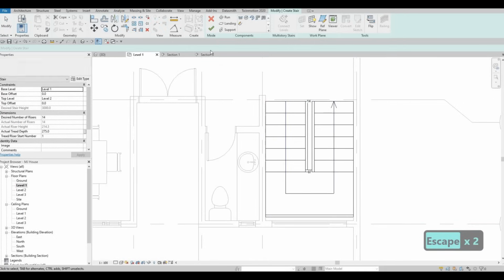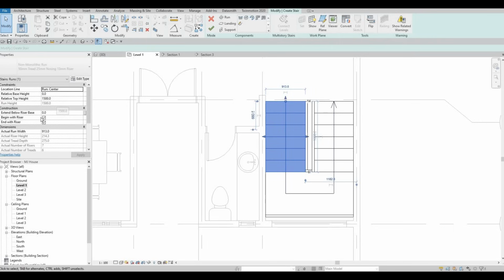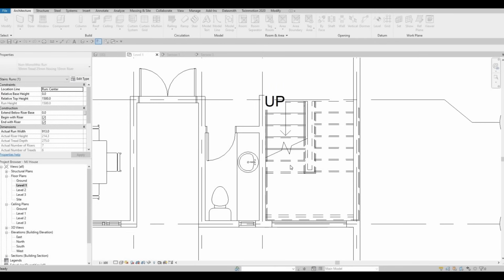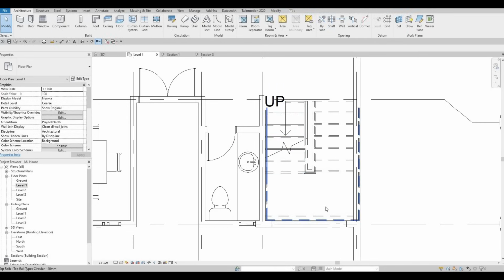So that's good enough. And then after that, let's change this. So just click on finish, save the project, select the stairs again,